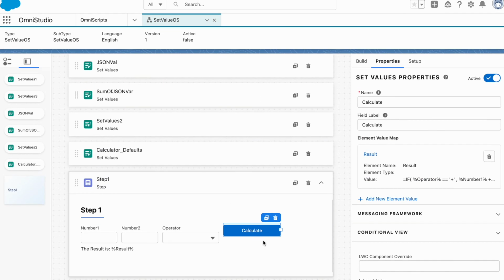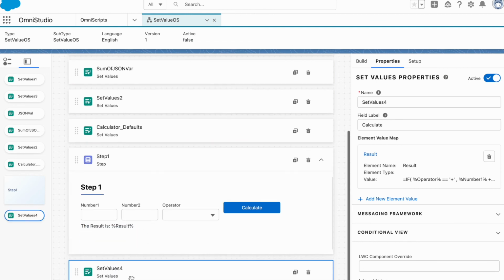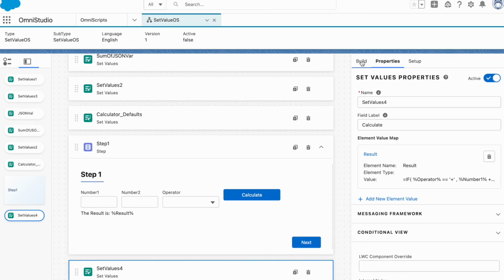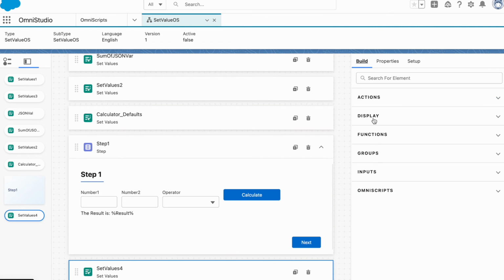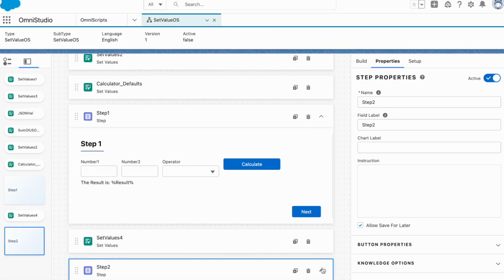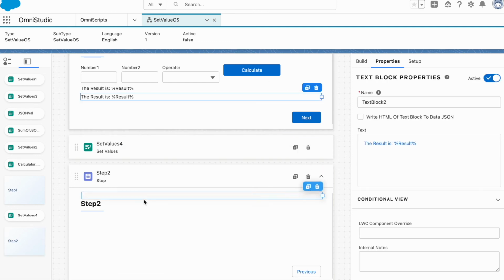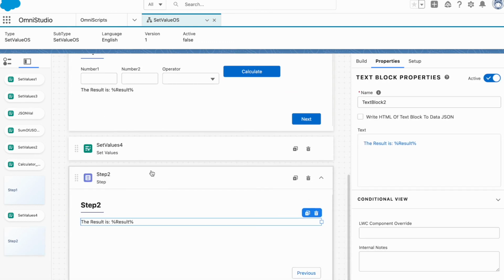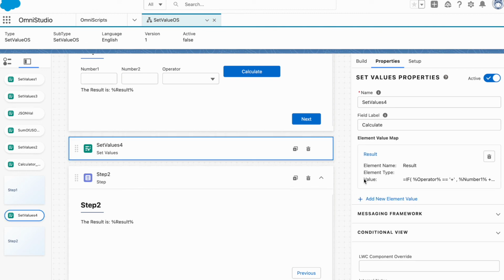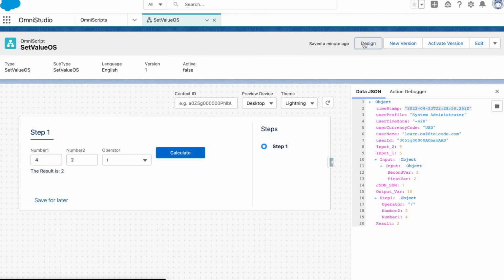And as I told you, what if we drag this here, right? And to show this in action, I will add one more set value or step. Okay, and instead of putting the result here, or let's keep the result here as well as on the next page as well. Okay, and this set value is doing exactly the same thing that this button is doing. Okay, so I'll preview it,